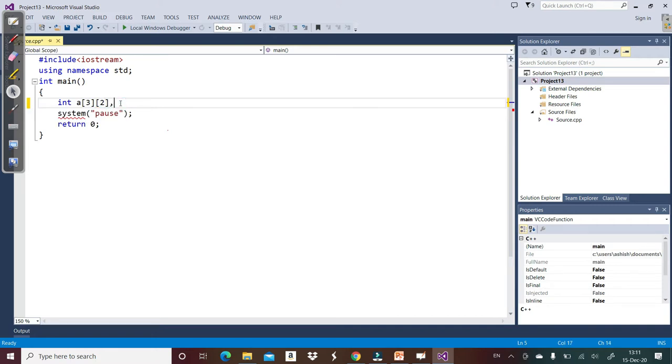Because we have to find the transpose of A, we will declare another matrix B of the reverse dimension, meaning 2 rows and 3 columns.